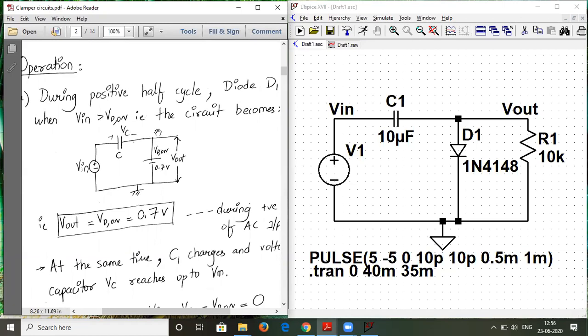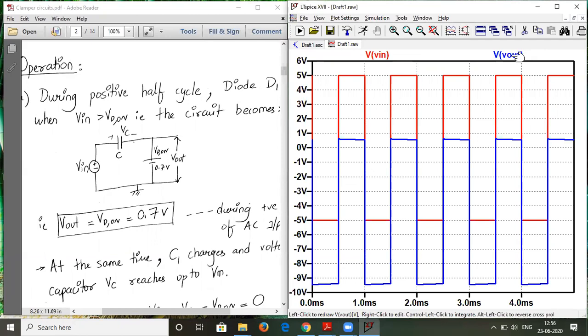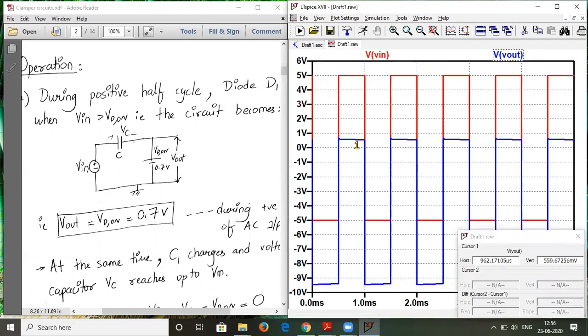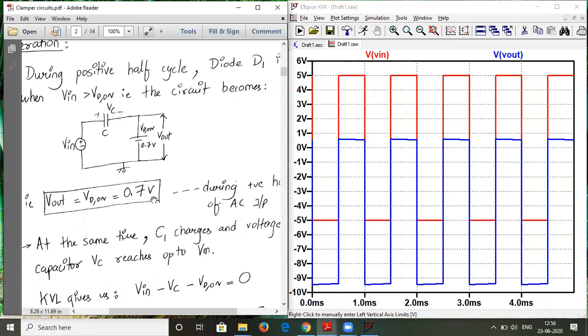So that is what is happening over there. And so the output voltage will be just VD on in the entire positive half cycle. As you can observe over here, I can right click on the V out and observe that this waveform is around 575 nearby throughout the positive half cycle, whenever the input is in the positive half cycle. So that is the meaning of V out equal to a constant, which is equal to VD on, which in our case for 4148 is around 0.575 volts during the positive half cycle.